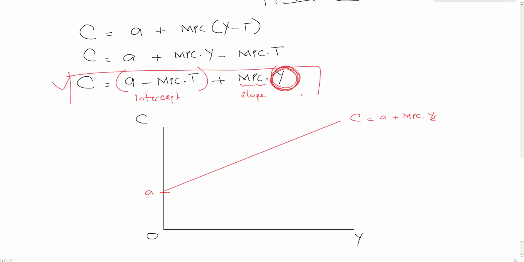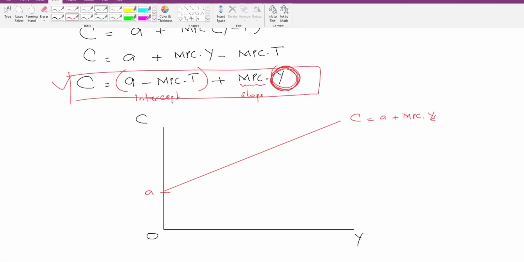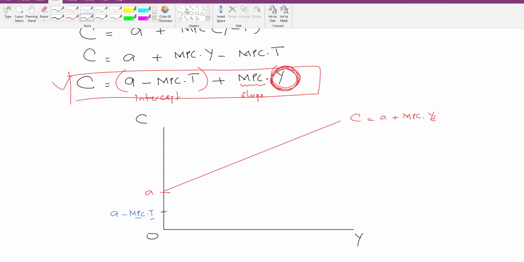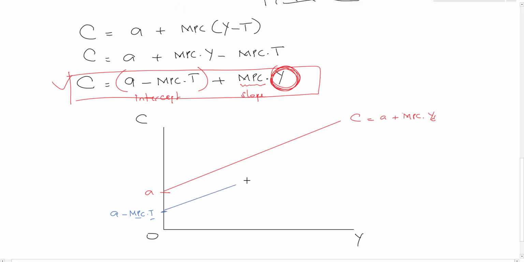But now that this is the function that we have, the intercept is slightly lower. Because it is A minus a positive value, so it's definitely going to be less than that. So this is going to be our new intercept, A minus MPC times T, marginal propensity to consume and taxes. But the slope is going to be exactly the same. So these are going to be two parallel lines. So this is now C is equal to A minus MPC T, all right, which is our intercept,